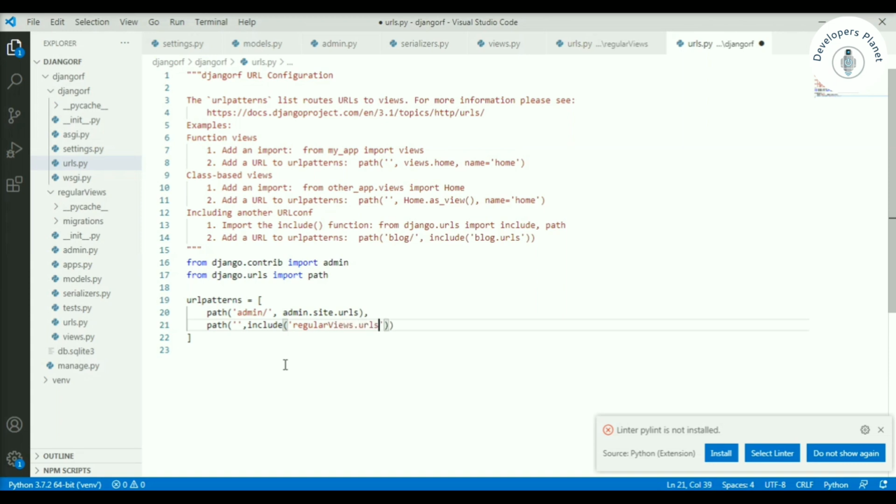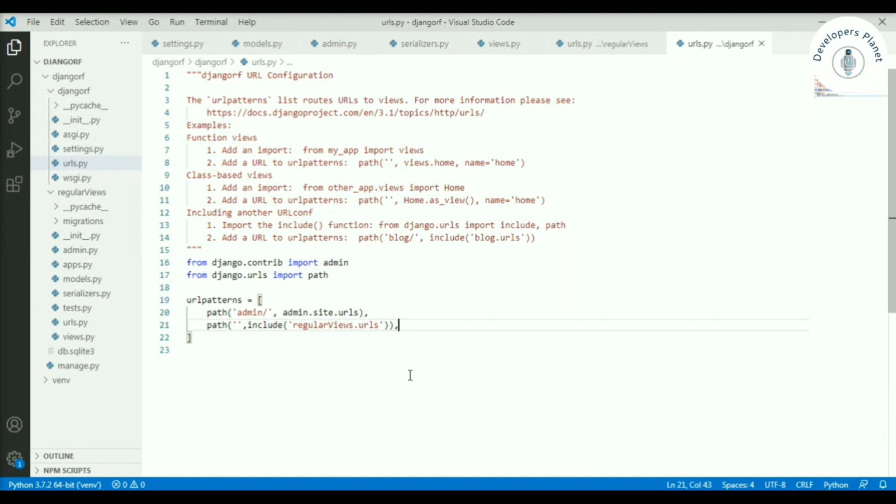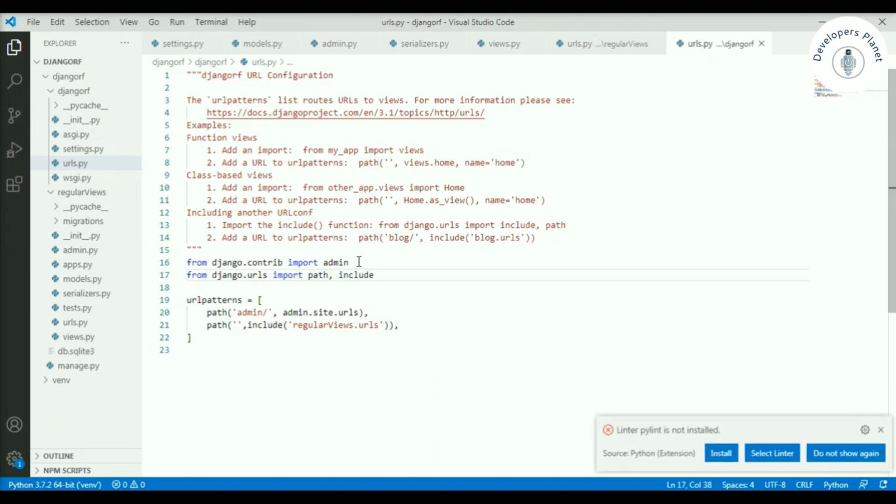If there is an empty path hit, it will go here, and we need to import include here also. So path, include, yes. Okay, we have done this.